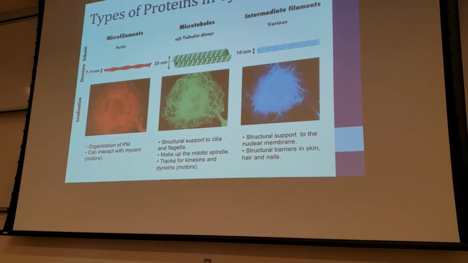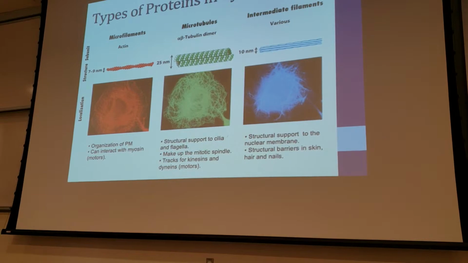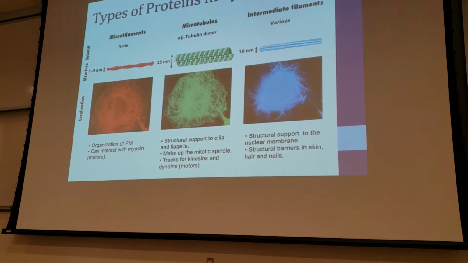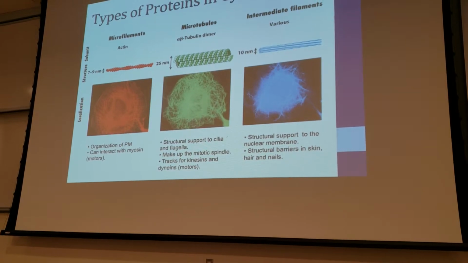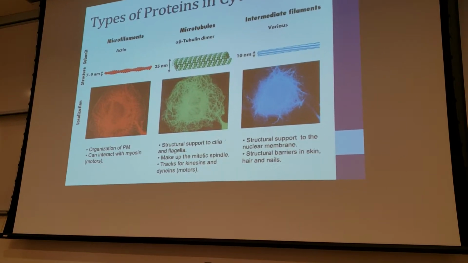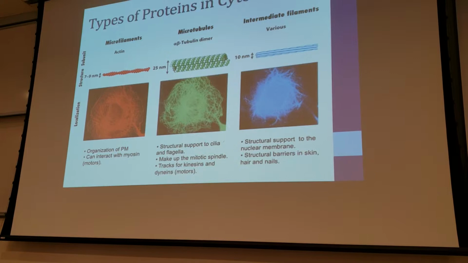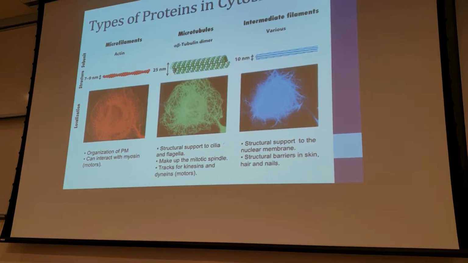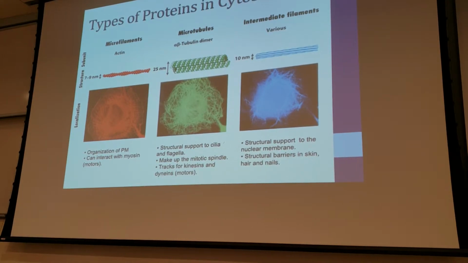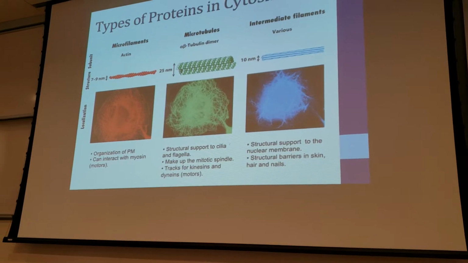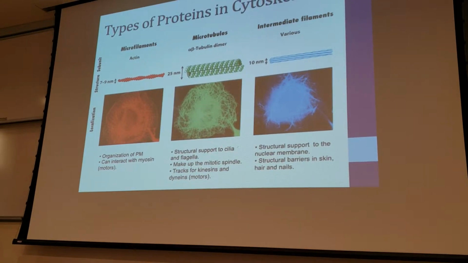Actin can interact with myosin, which is, of course, we probably all know this, involved in muscle contraction, where the actin and the myosin crawl along each other, or rather the myosin crawls on the actin. The myosin is a motor protein, so it can use ATP and move, and it moves on a substrate, and that substrate is actin. The microtubules,